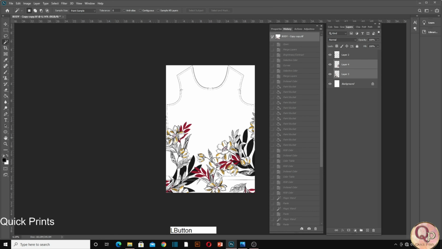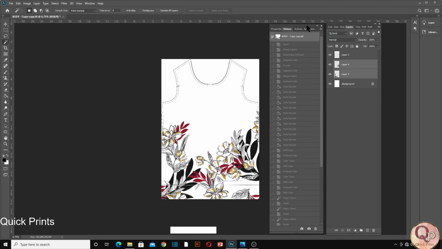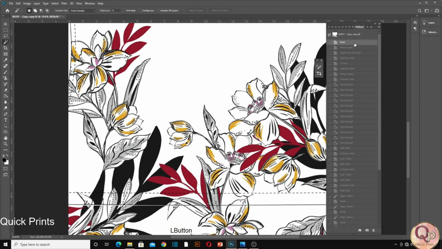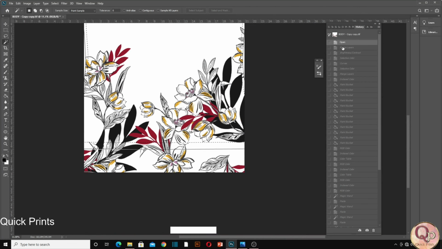I'm just rewinding it so that it will be more clear if you get stuck somewhere, right? We opened the layer, right? Layer has been merged, then brightness and contrast adjusted along with the selective colors. Then we merged both layers and converted into the index, right?